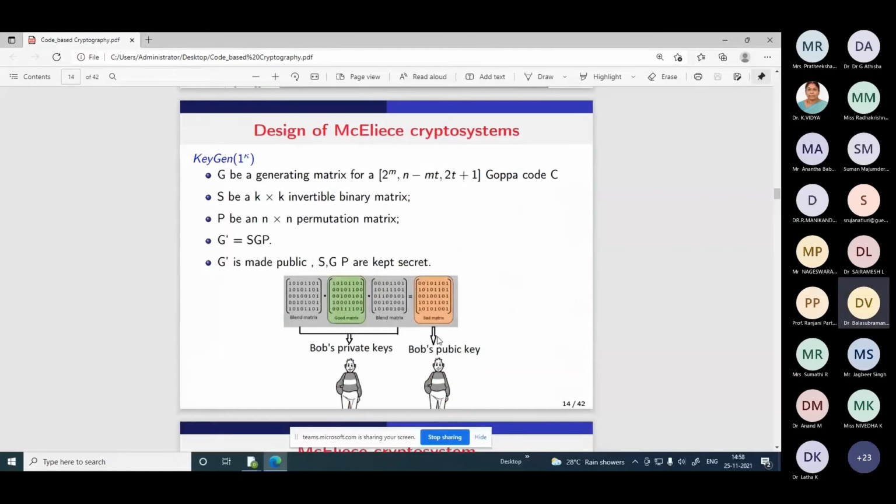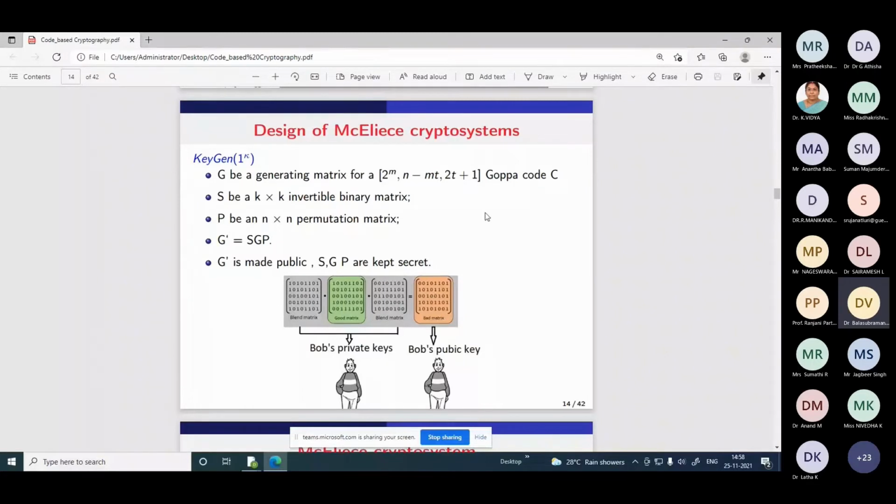So the key generation. See, this McEliece crypto system, actually it is in the NIST competition. Not straight away McEliece's, it's nothing but a classic McEliece, which is used in that key encapsulation mechanism, right? So that is based on McEliece crypto system only. So in the third round also, it's withstanding all the attacks. So under code based, the heart of the code based crypto system is nothing but McEliece's.